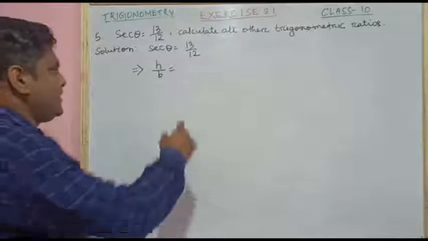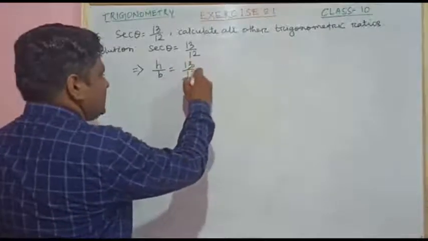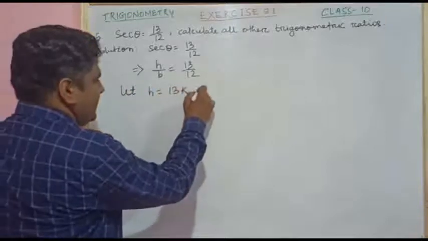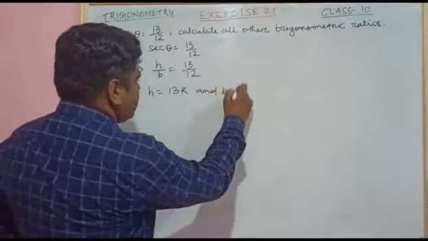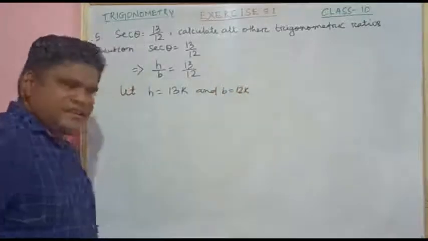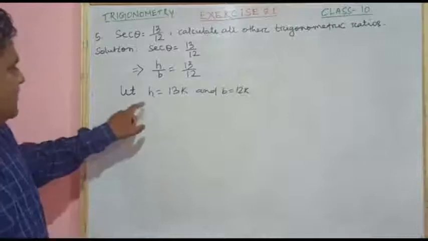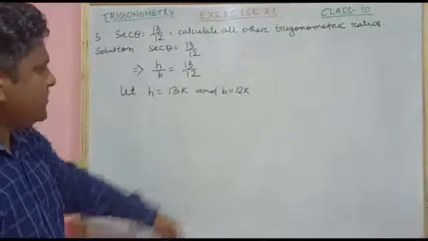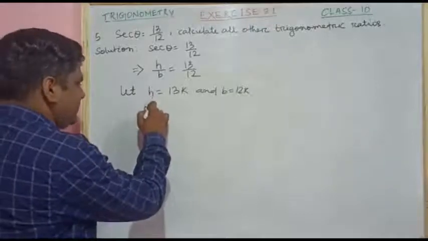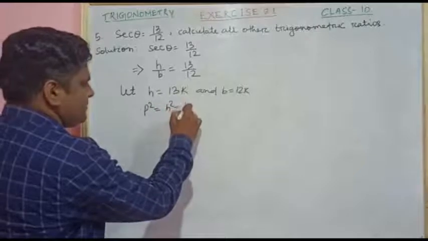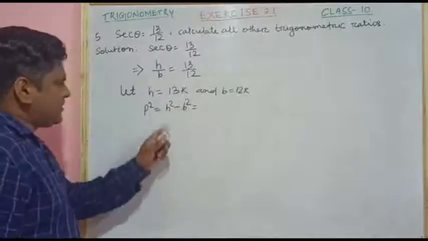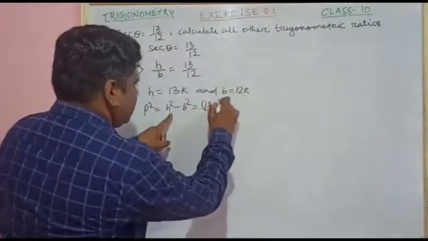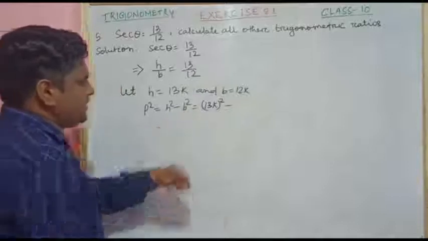So H by B equal to, we write 13 by 12. So let H equal to 13K and B equal to 12K, where K is a proportionality constant. Now we know H and B, so we have to find P. We know that P square equal to H square minus B square according to Pythagoras theorem. So in place of H we will write 13K, it is square, and in place of B we will write 12K,